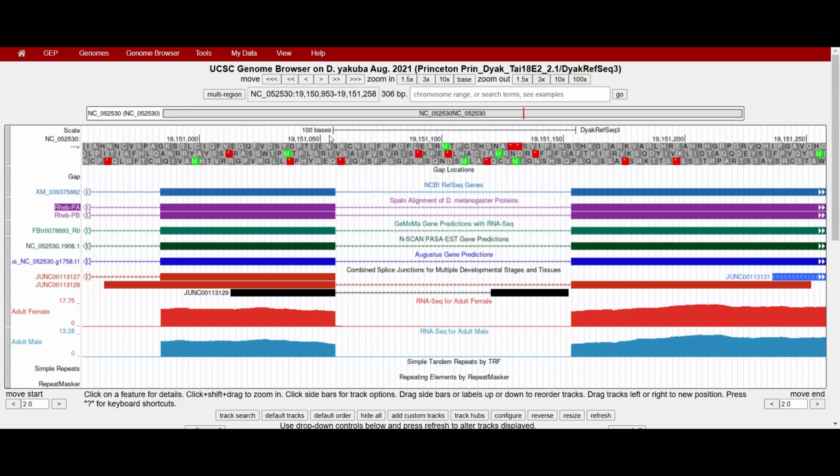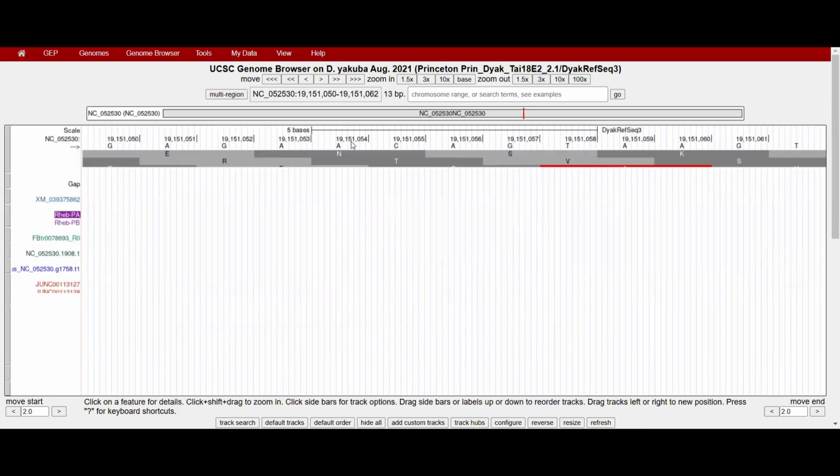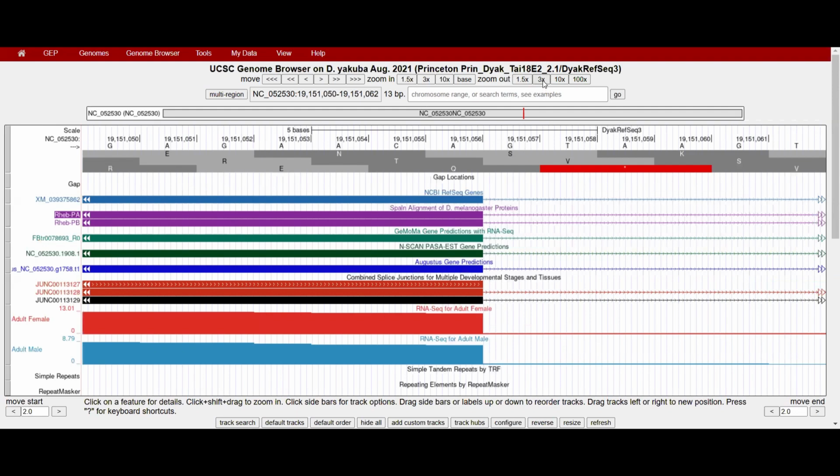The potential splice donor site at 19151057 to 19151058 for CDS2 is supported by the splice junction predictions junction 00113128 and junction 00113129, the NCBI ref-seq genes and spawn alignment of D-melanogaster proteins, gene predictors Gemoma, NSCAN, and Augustus, and the RNA-seq